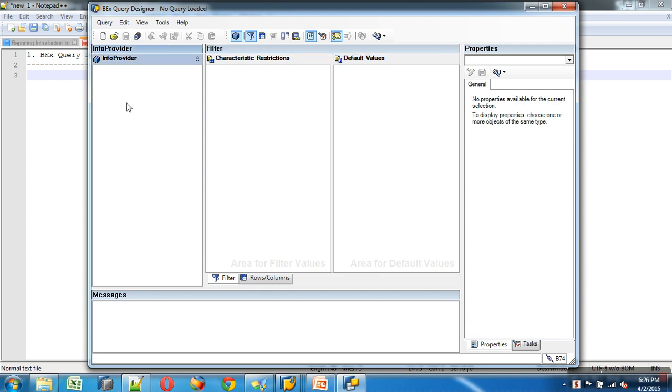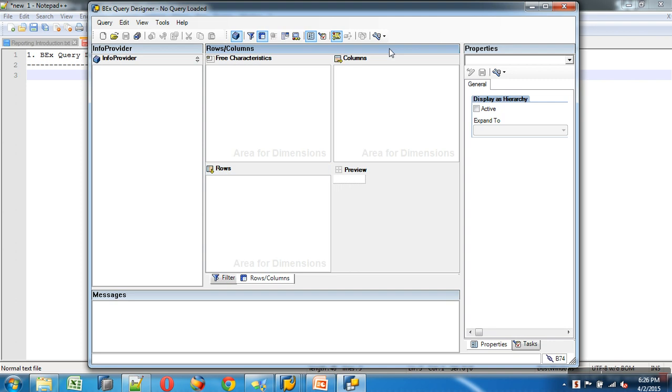Like we have the info provider block, characteristic filter block, which has two blocks in it: characteristic restrictions and default values, then rows, columns, free characteristics, properties window, message block, and you have all the list of toolbars here. That's it. This is basically the tool which we use. This is your query designer, which we use to design your queries. Okay. Now we'll see how to design